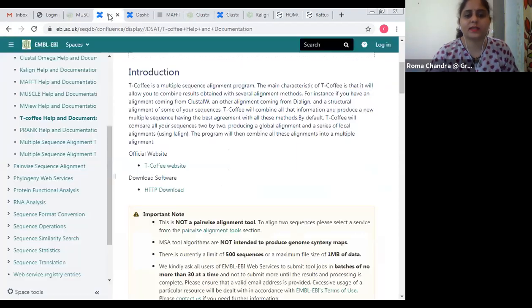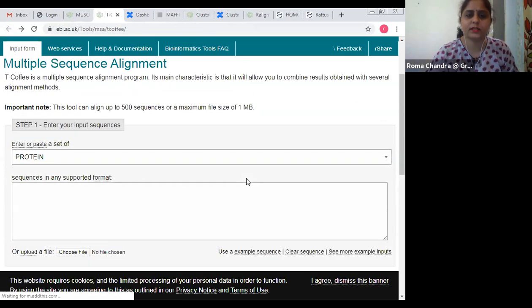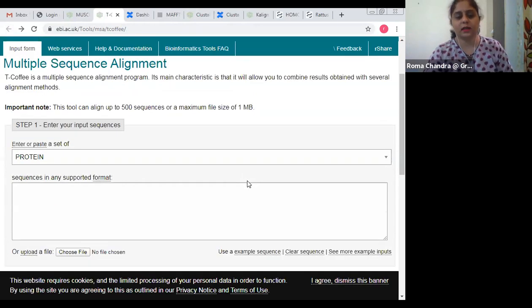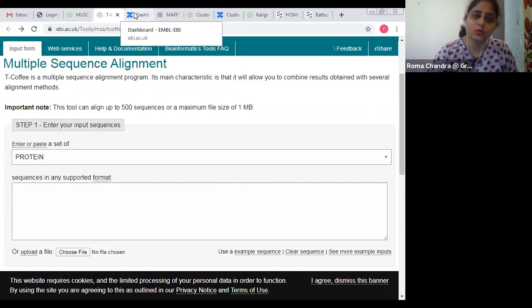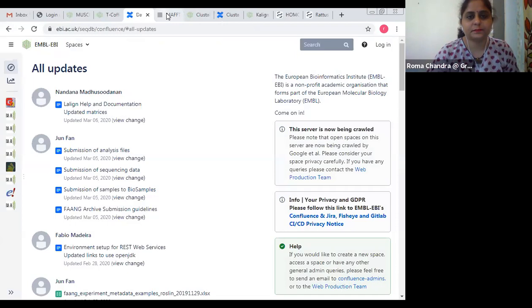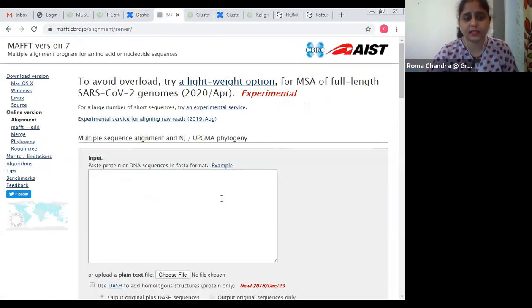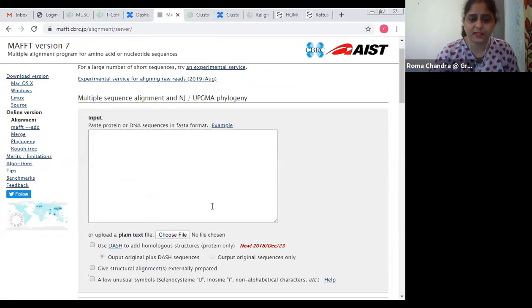In case of T-Coffee also, we had this. The only difference is it deals with not more than 500 sequences, and what it does is it considers multiple methods of alignment, multiple tools for alignment, to produce the results. Okay, and MAFFT was again the alignment tool that is used for this multiple sequence alignment.